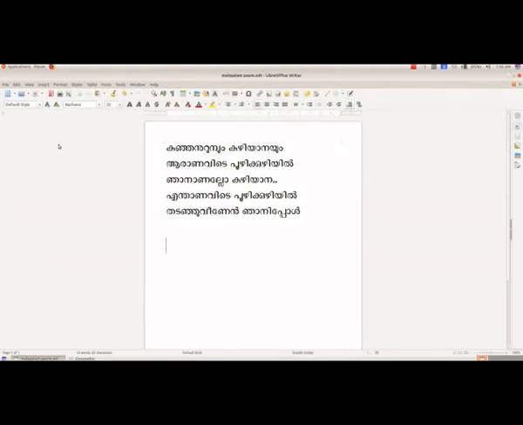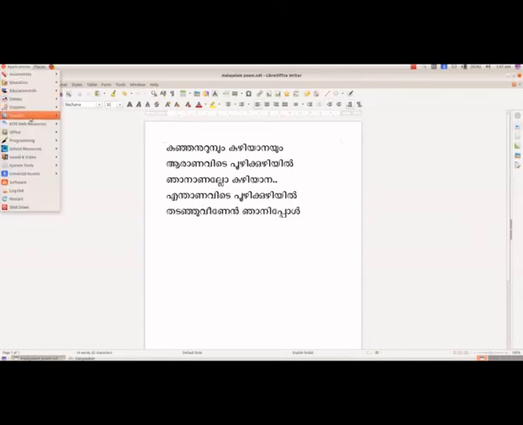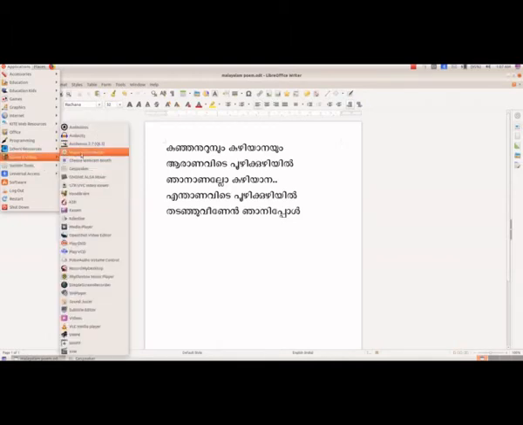We are going to read the text using machine, and for this we have the software called GSpeaker. To open GSpeaker, from applications, sound and video, GSpeaker.